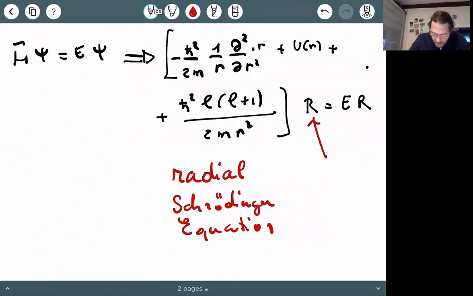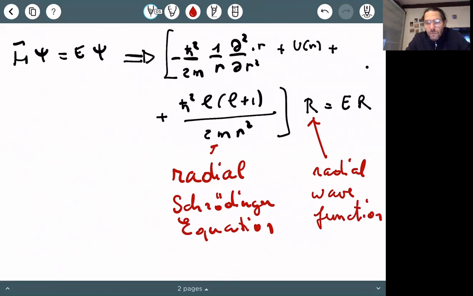And this is the radial wave function. Now, once you have the radial wave function, then you basically are in shape. In other words, in order to solve for the entire spectrum, what you need to do is, first of all, decide in which states of angular momentum you are, whether you are in the S states,